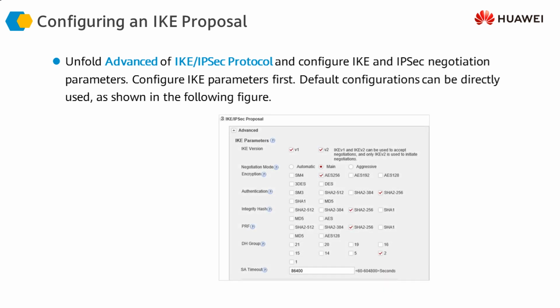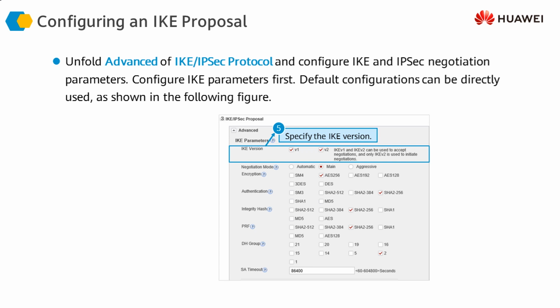And once we've done the basic configuration, we move on to the IKE related configuration. In IKE related configuration, first of all we have to specify the version. We can either select version 1 or version 2. It is better to select both, so that if the other side supports version 2, we are going to develop a version 2 association. However, if it does not allow version 2 and only allows version 1, then we can have a version 1 security association with the peer on the other side.